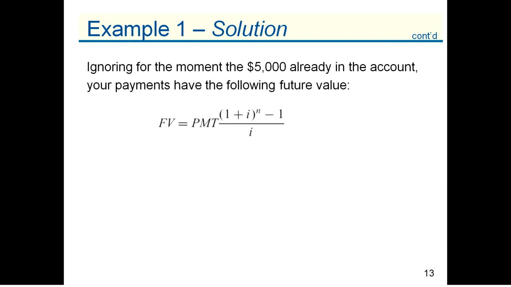Now, if I want to calculate how much money I have in the future using these values that I just calculated, I'm going to take my $100 payment, my I that we just calculated, my N that we just calculated, and I'm going to plug everything in. Now when you plug this in, don't forget my numerator, we want to put parentheses around it, so that way it will calculate this before it does the multiplication. And then my denominator, you can put that in parentheses as well so that it doesn't mess up your calculation. You should get